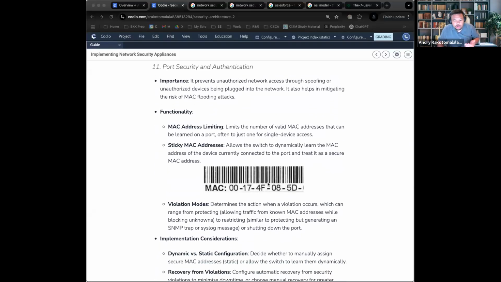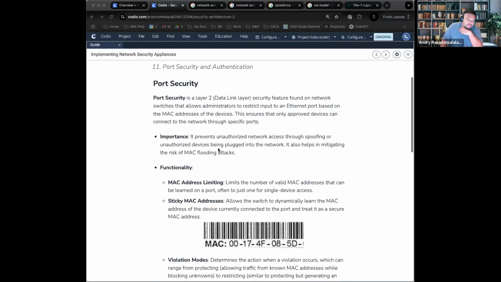There is something that we call violation modes that exist on the switch. A violation mode is essentially if one of the people trying to access that switch is in violation of the rules, it'll take one of 3 actions. So the first action in violation is protect. That means that it drops the unauthorized traffic silently. It doesn't do anything. The other one is restrict. That means it drops the traffic and it logs an alert. And the last one is shut down. That means it disables the port entirely.